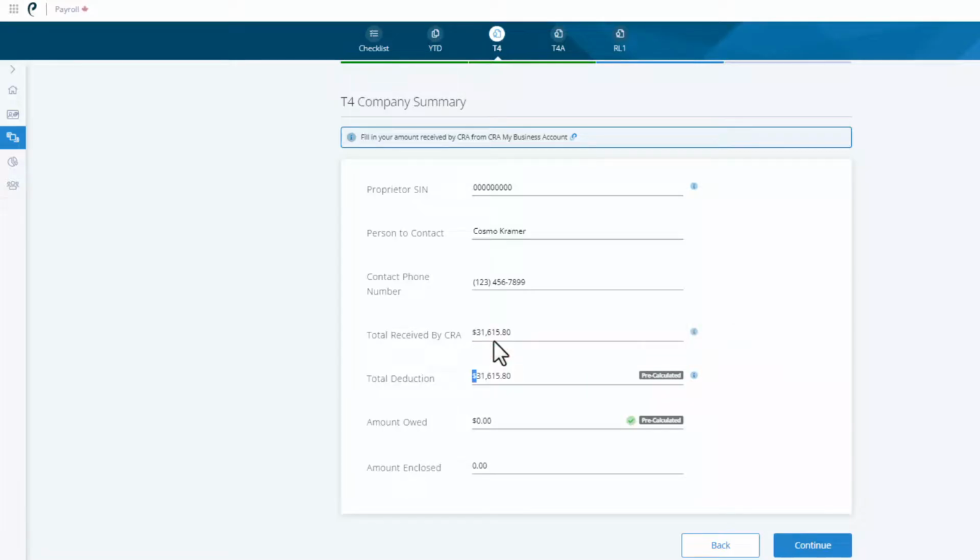Ideally, the two amounts should match so that there's a $0 balance. But if it's a few cents to $2 off, this will just be down to rounding and will not cause any problems with CRA. Any differential greater than that may require an investigation. If you have an underpayment and want to clear it, you can include the amount that you're going to be paying along with the T4s here. Otherwise, click Continue.